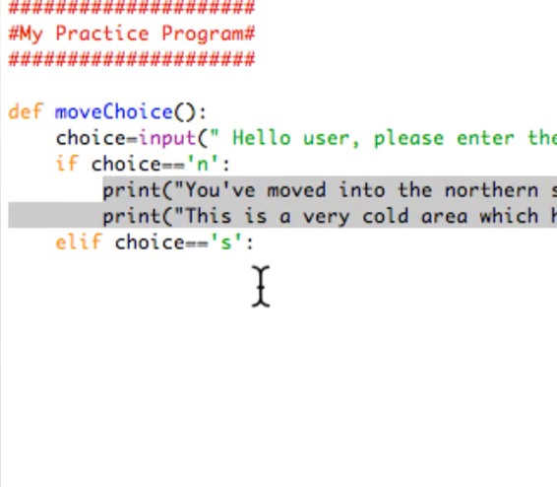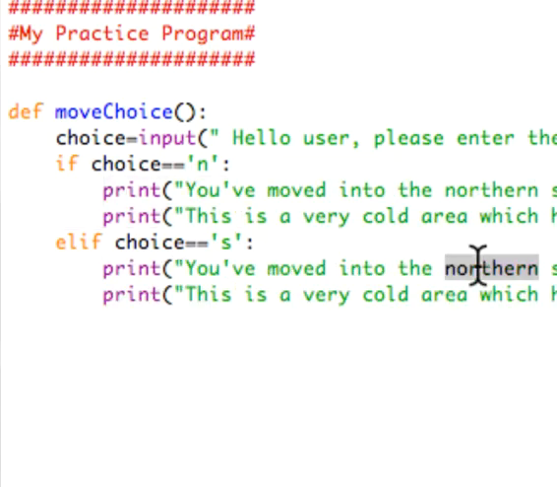Actually, I'm going to be a little lazy here. Copy this. Come down here, paste it. You've moved to the southern sector. This is a very warm area which requires a bathing suit. Okay? Something like that. Period. Now, again, cursor at the end of the line, hit return. I'm under the print statement again. I have to hit delete one more time. elif